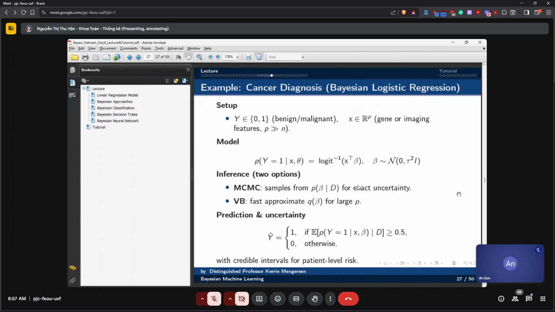So having a probability of being in one class or the other is much better than just having a yes or no, which is what we often get in regular machine learning methods. So the Bayesian approach gives us this probability of belonging to each class rather than just a yes or no.